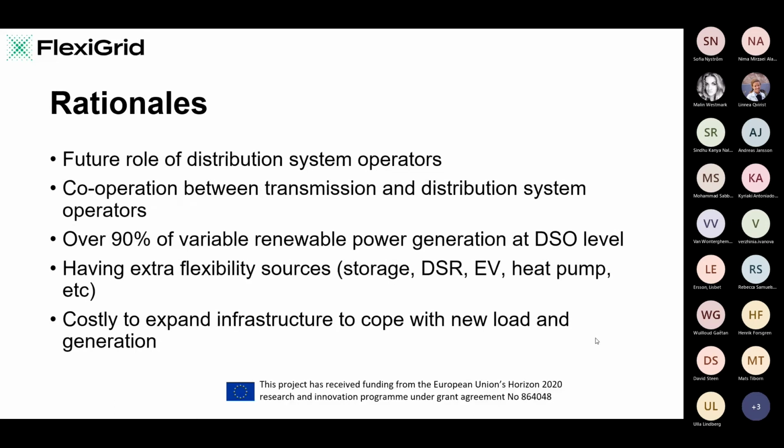It also reflects that for now, over 90% of renewable energy is connecting at the low and medium voltage level. All of the electric vehicles are at the DSO level, and even the battery or medium scale storage systems are also at the distribution level. So we also understand from the previous presentations that it's very costly to expand the infrastructure, to put in more copper, to cope with volatile and very fluctuating production from renewable energy.